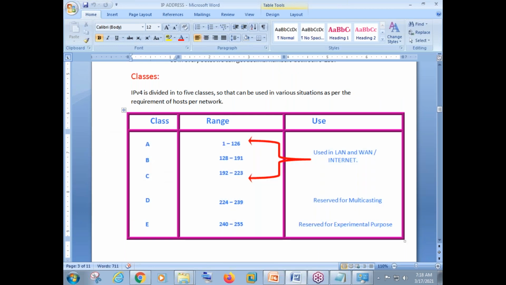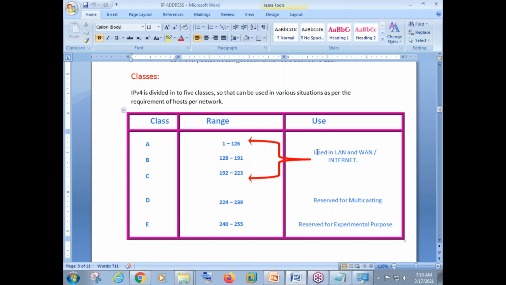Okay, fine. So we have these 5 classes. These are fixed ranges. They will ask you this in interviews. Like they will ask what the classes are, how many classes there are, what the ranges are, which class we can use in our local area network, which class we can use in our wide area network, and what numbers are not assigned and not used in the network. These sorts of questions they will ask you from these classes.